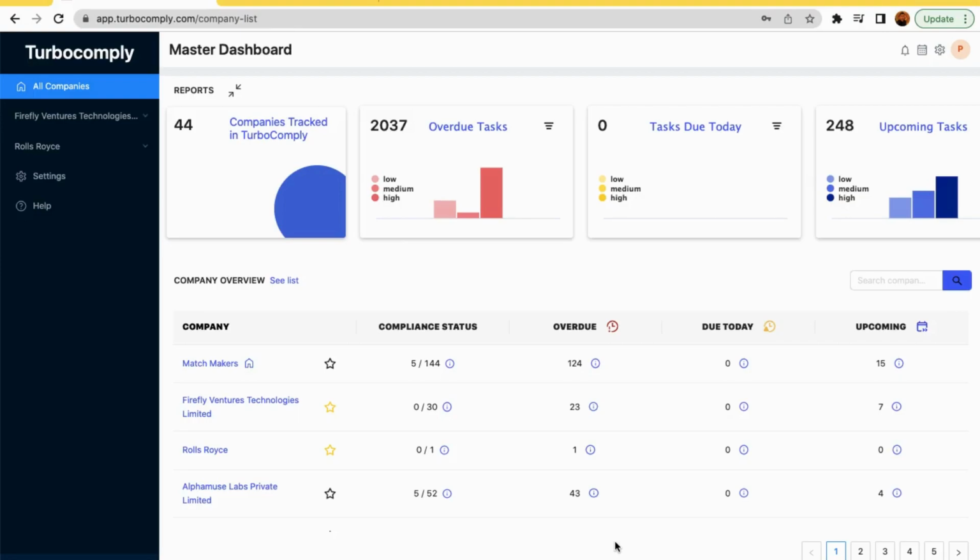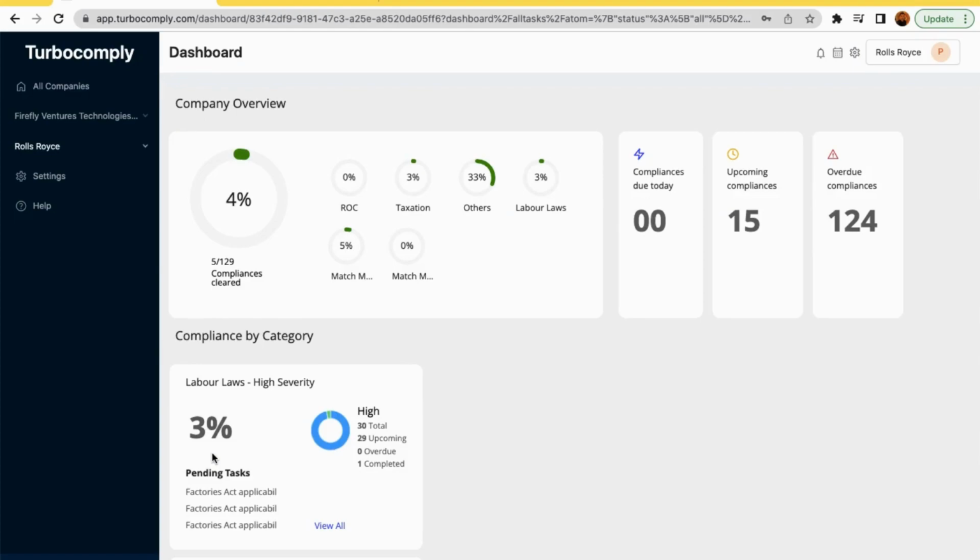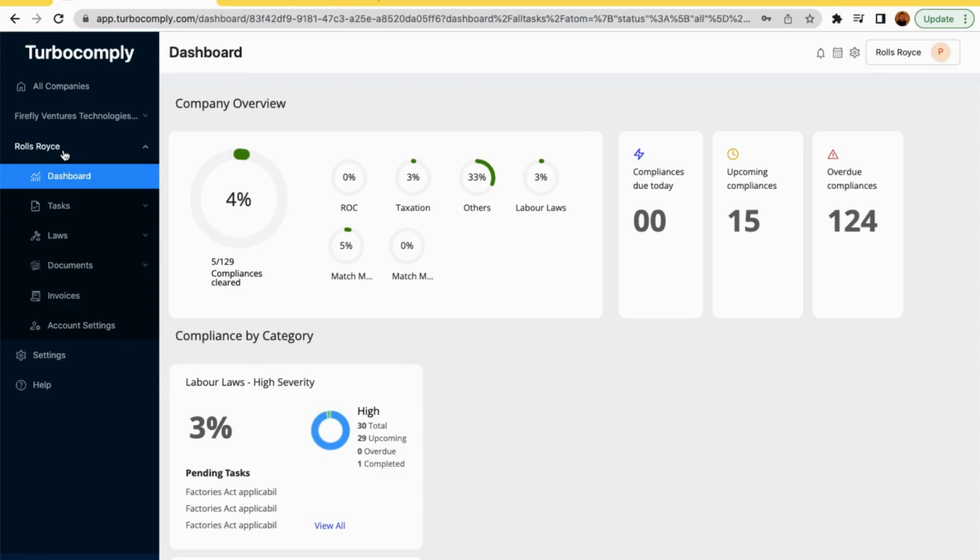So today we are going to see how we are able to create an invoice with Turbocomply. Invoice creation with Turbocomply is very simple. So till now, we have created our client, we have added the basic task that has to be done for a client, and now we are going to create the invoice for that particular task. Okay. So invoice can be created client by client and it can be sent to that particular client